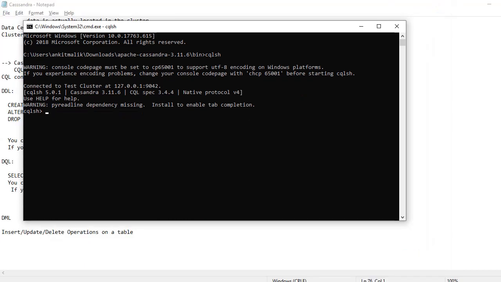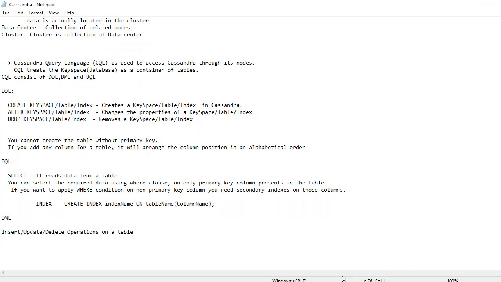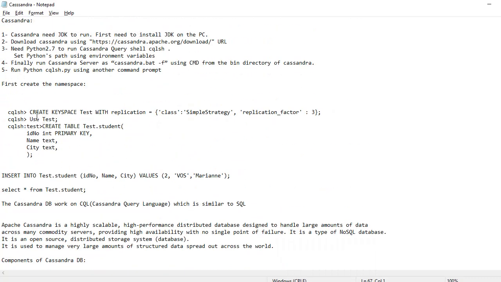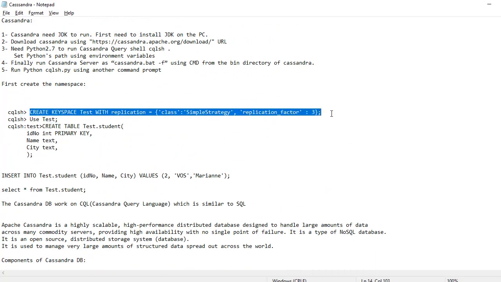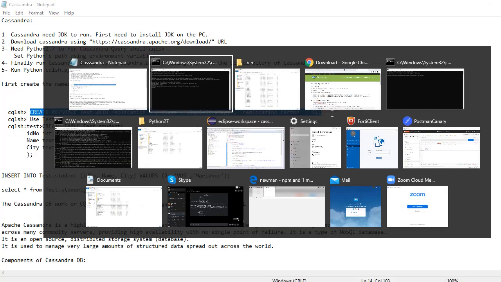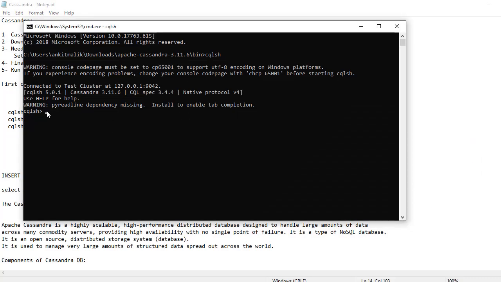Now we have to create the keyspace first using the create keyspace query, which I have already written here. Through this our keyspace gets created.